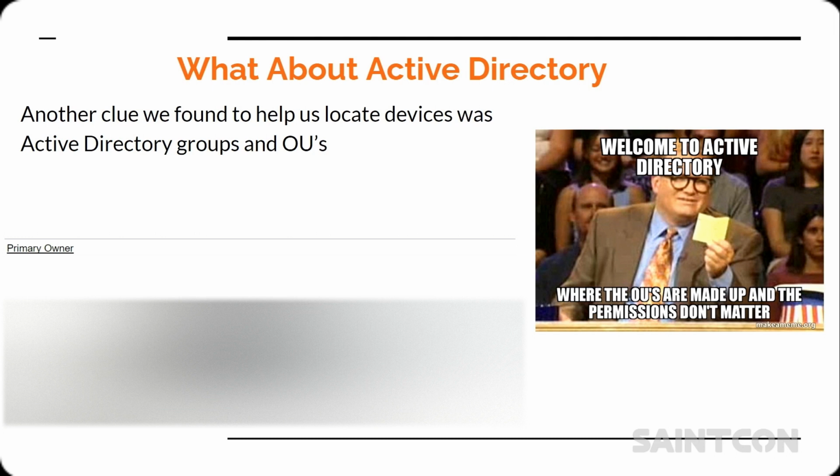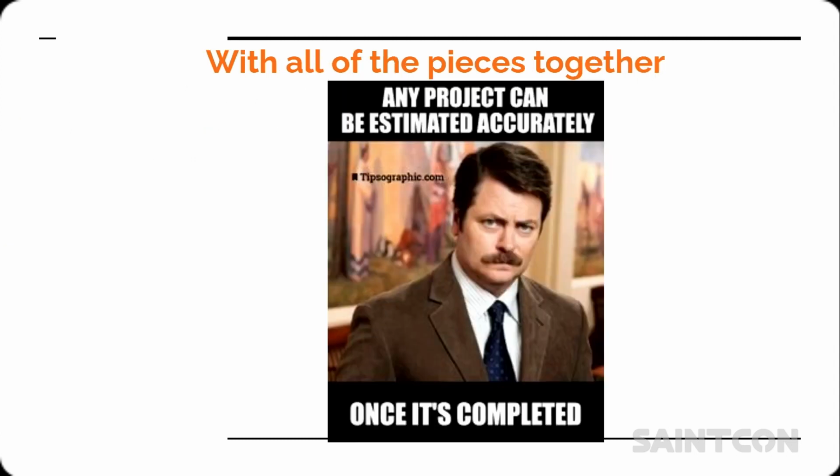But it started giving us device names that we could then cross-reference into our computer objects in Active Directory and go, hey, what do we know about this? Because if I can start tying down usernames or what OU I had put it in at some given point when they joined the domain, they didn't name the device right, but now I can cross-reference that back and deal with device renaming. And so that was another place that helped us learn some data. With all those pieces together,